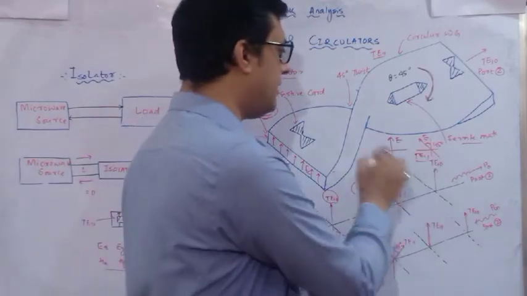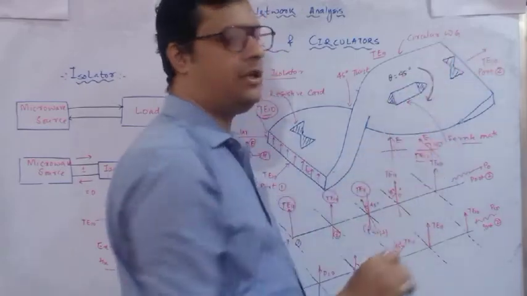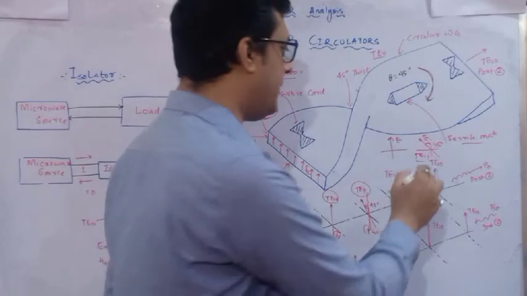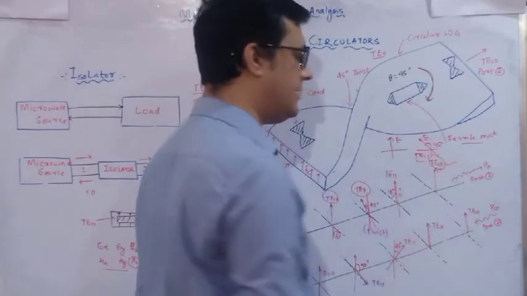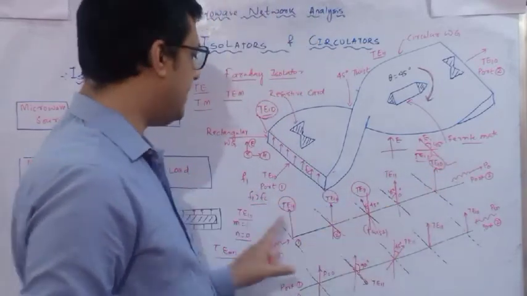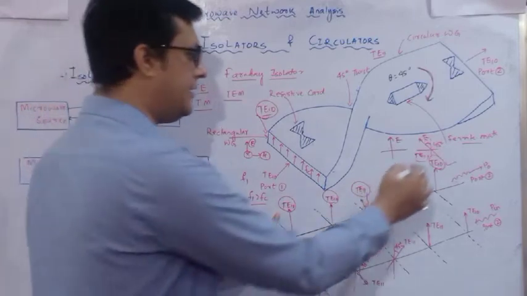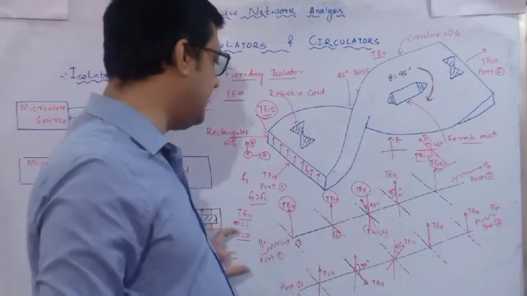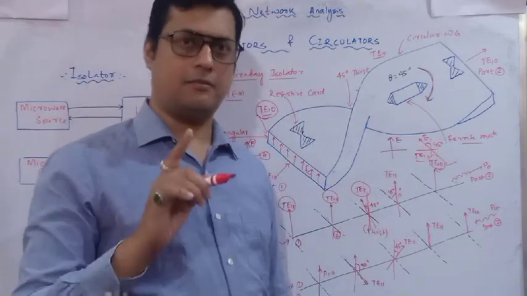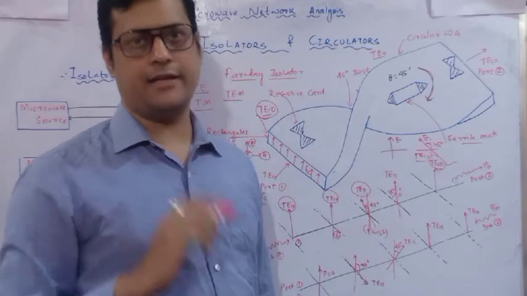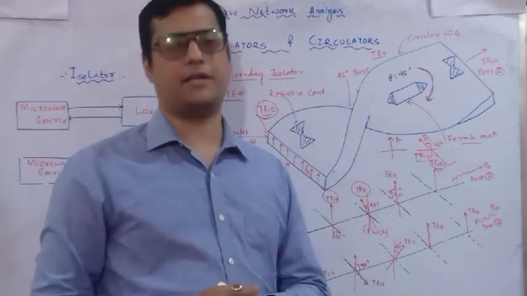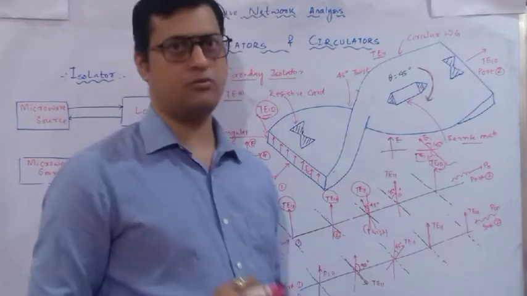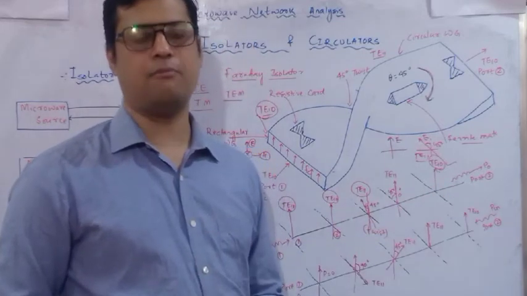So it is TE11. Now this power is delivered to the last port, which is one rectangular waveguide, and it is operating in the dominant mode, that is TE10. So you can see that TE10 at port 1 and TE10 at port 2 are both in phase. That means it is a unidirectional path. But secondly, if it is unidirectional, it should absorb the reflected wave. So this is the working principle of an isolator from port 1 to port 2.